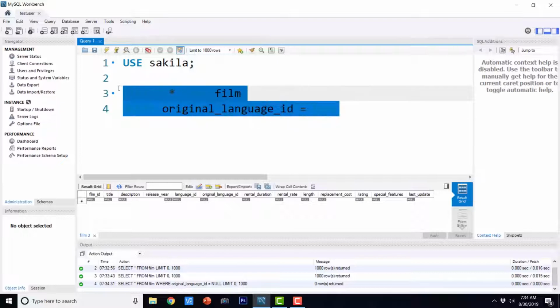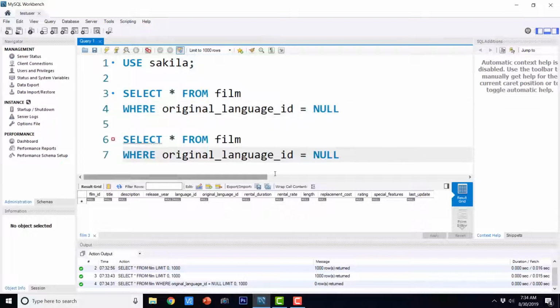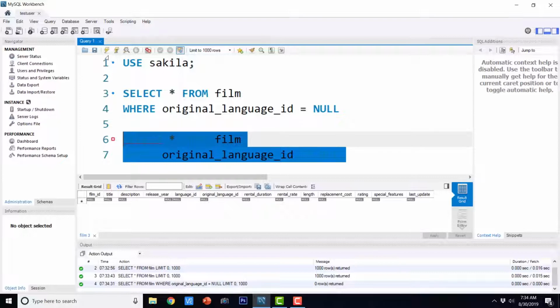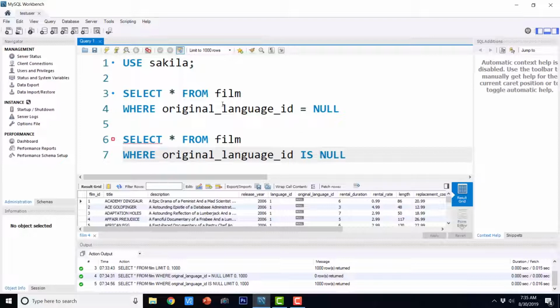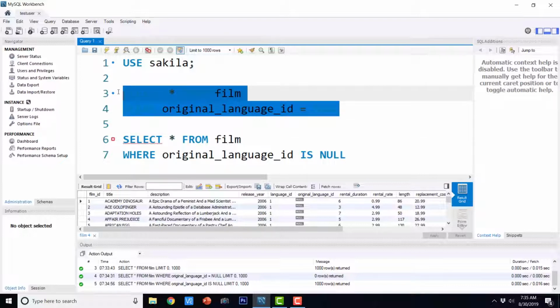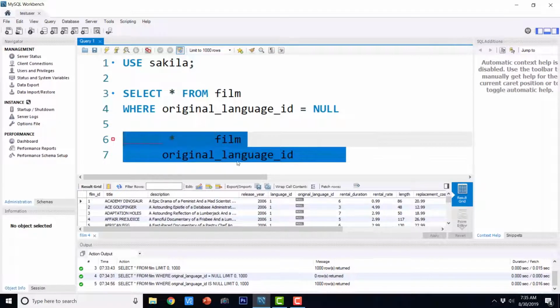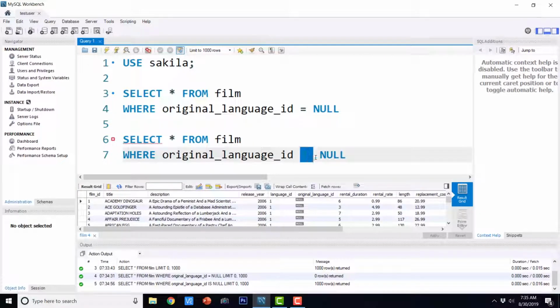That's why we have an operator known as IS. So if you just say IS NULL, then it is going to return us the data where original language ID is NULL. Remember that this is the incorrect query. Though it might seem like returning nothing, the query is not correct. So the correct query is this one where we are using the IS operator, and this is very important because you cannot compare NULL with equality operator.